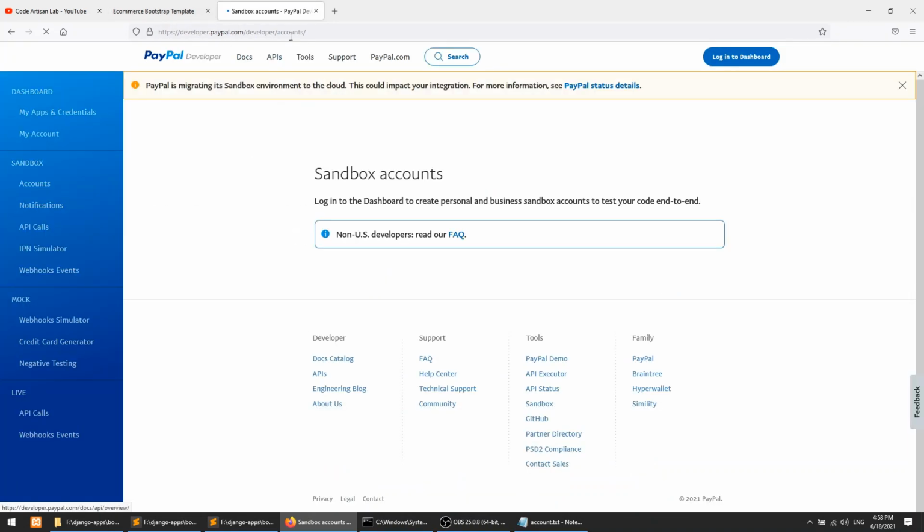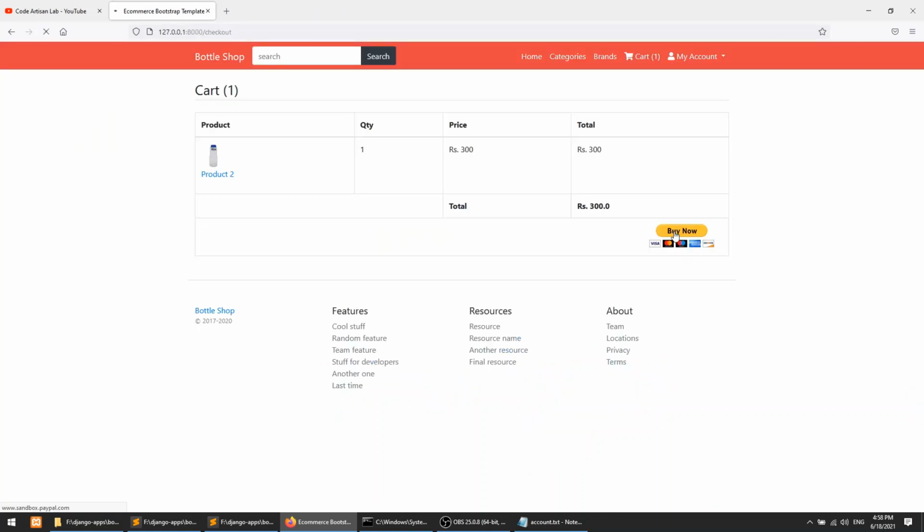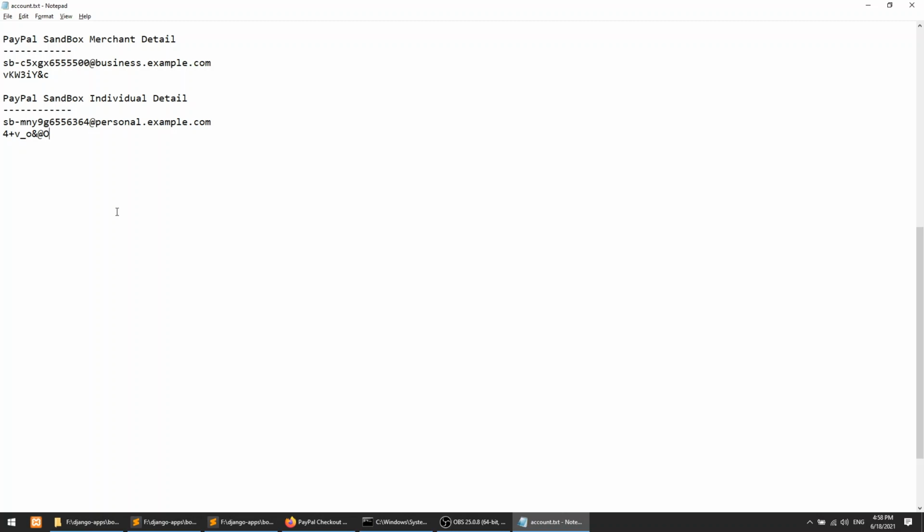You can simply create a PayPal account as your personal PayPal account, then you will be able to create the sandbox account. Okay, so when we click on this buy now, it will redirect to the PayPal checkout, and here I have copied this data.